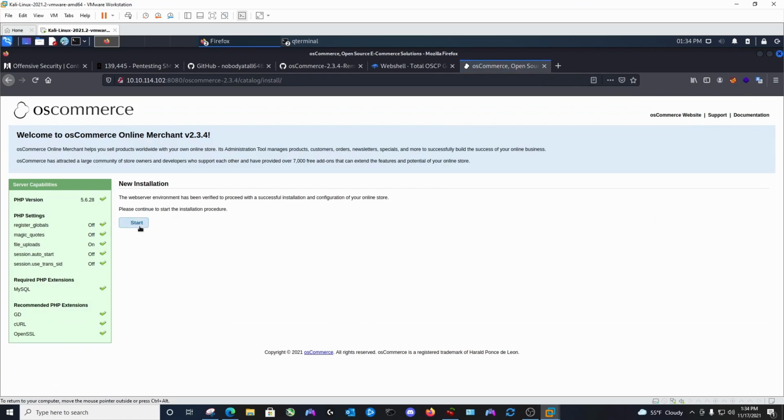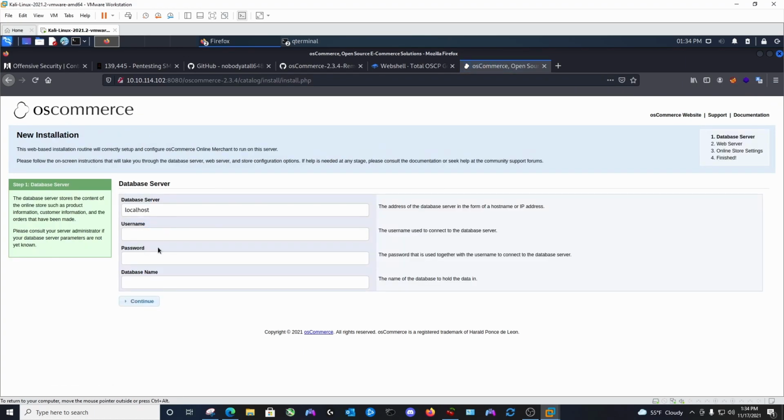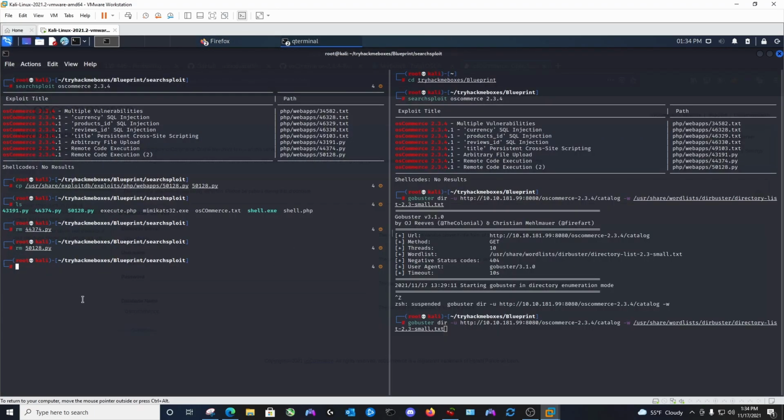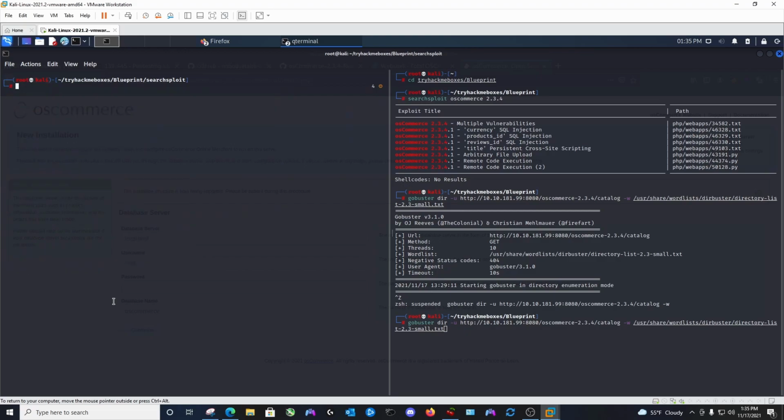When you come to the /install directory, you press start, and you go to username, set the username as root, set the database name as osCommerce, press continue. This is going to take a while to load. So we go back to our terminal, and while we're waiting, we can